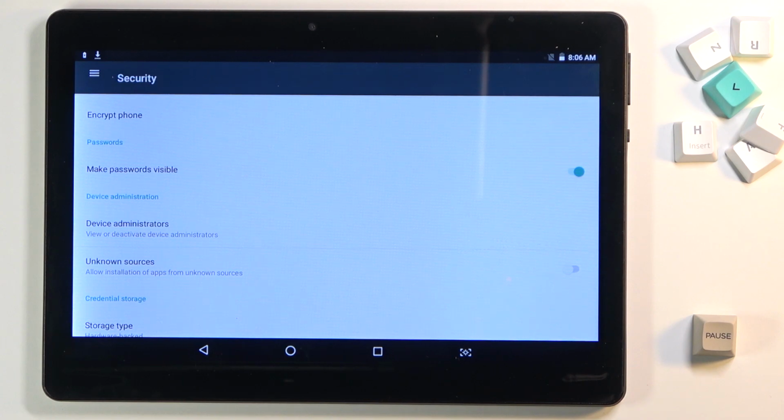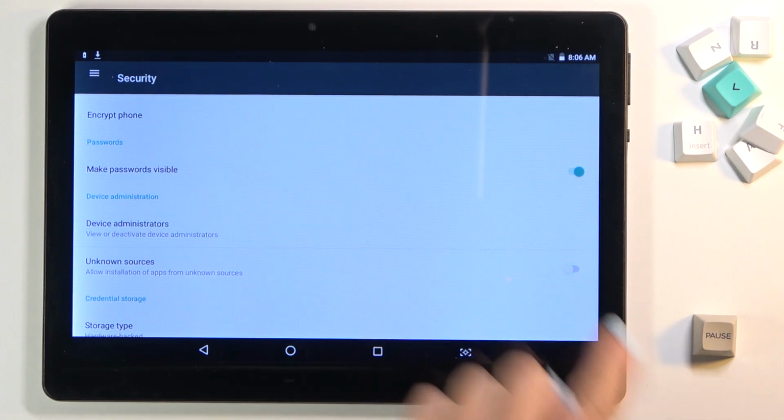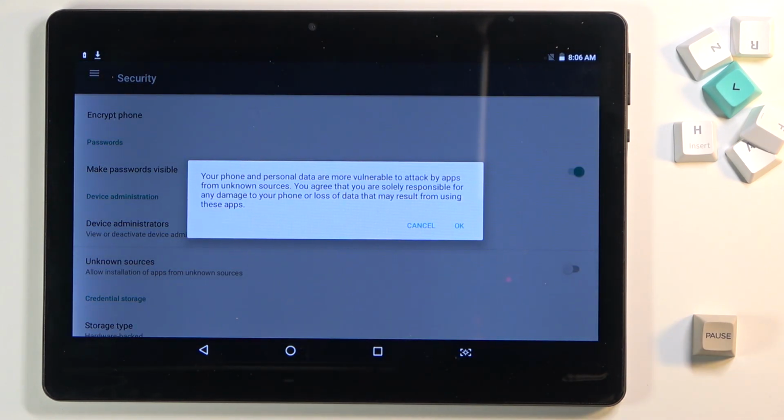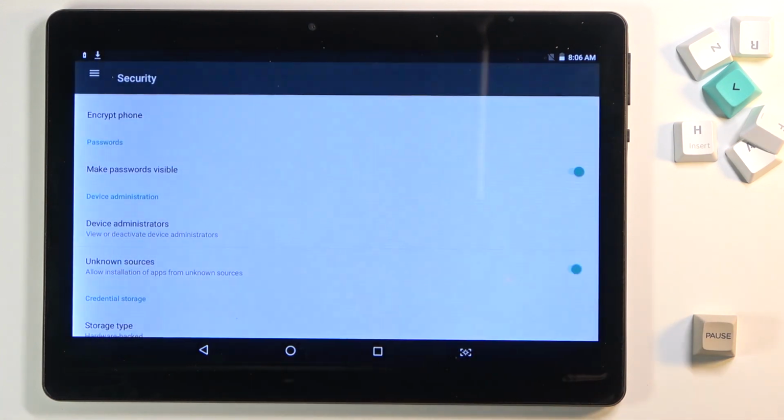So if you'd like to allow installation of apps from unknown sources, just mark this switcher and then confirm that you are aware of all the risks connected with this approval, and from now on you will be able to install via those apps. And that would be all. This is it. This is how you can activate installation of apps from unknown